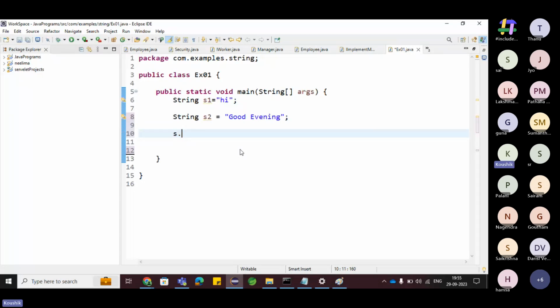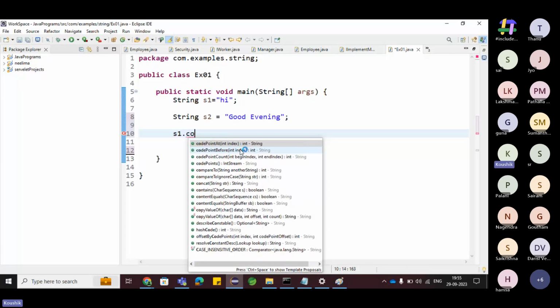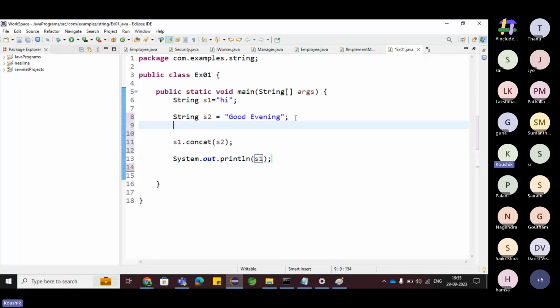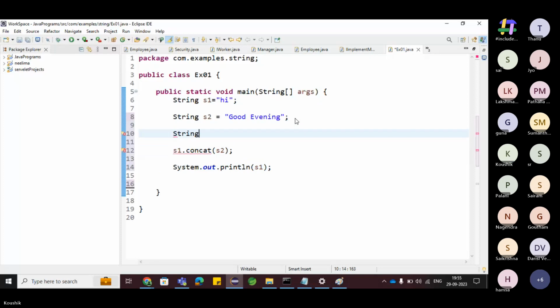Concat of two strings: S1.concat(S2), System.out.println of S1. Okay. Now I am creating the StringBuilder or a StringBuffer, anything is okay. SB1 equal to new StringBuffer of